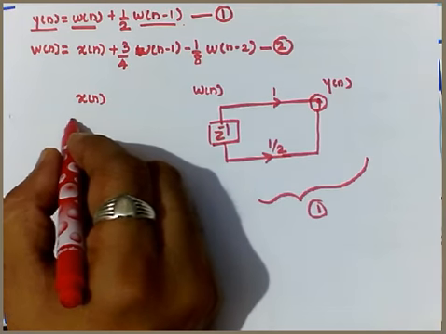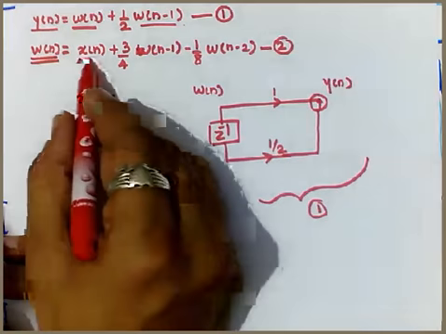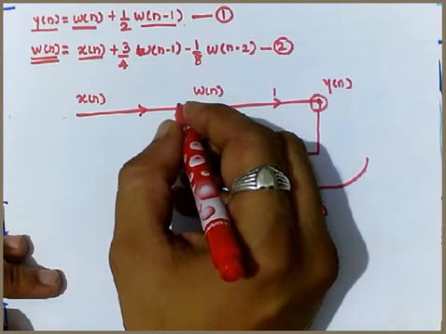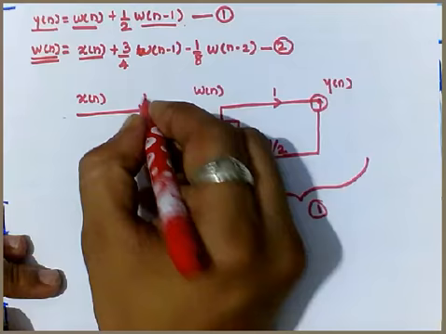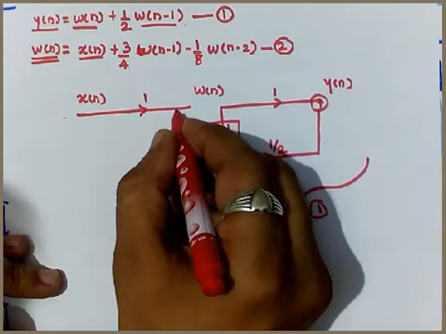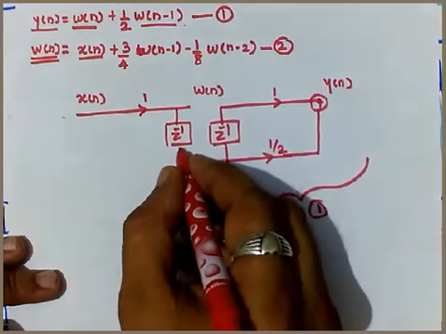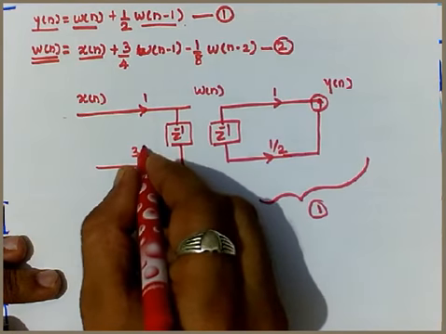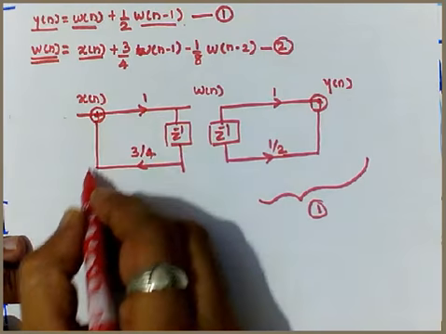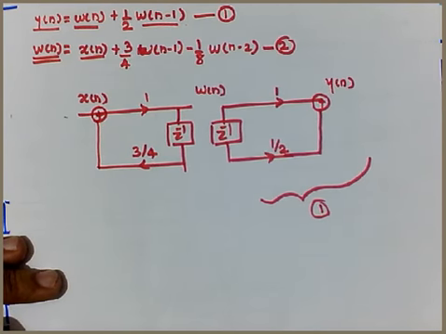Now this is where the all pole system comes in the picture. So for the all pole, w of n will be the output, x of n will be the input. So it will be as it is. Let me just write it here. So it is 3 by 4 w of n minus 1. Now since it is w of n minus 1, that's why z inverse will be added to the w of n. It is 3 by 4. So 3 by 4 will come here. It has to be summed up with the earlier value. So that's why the adder will be at the input part, that is x of n.